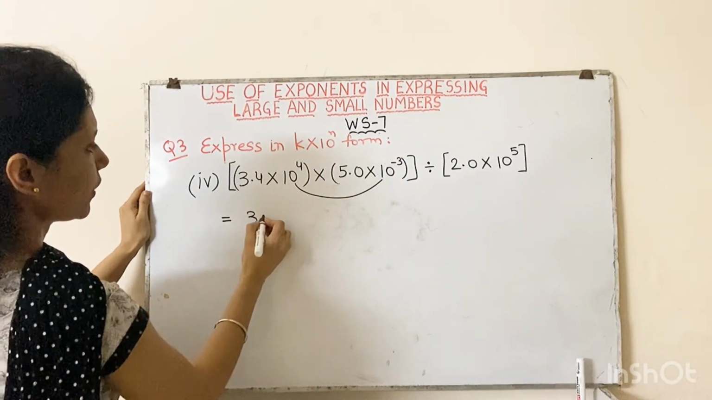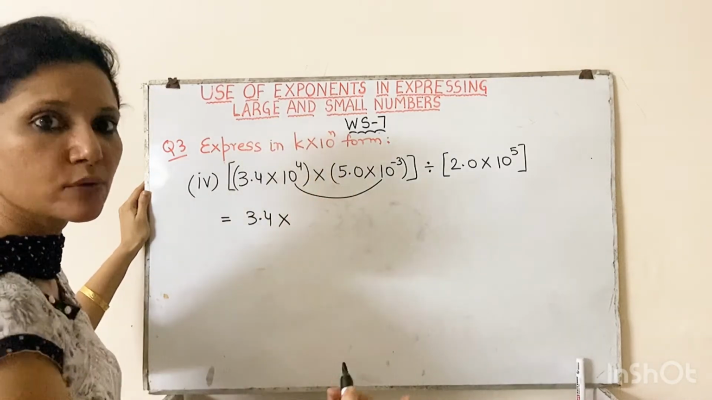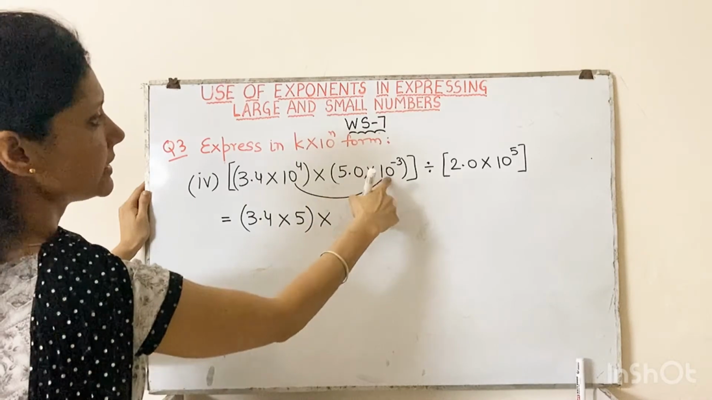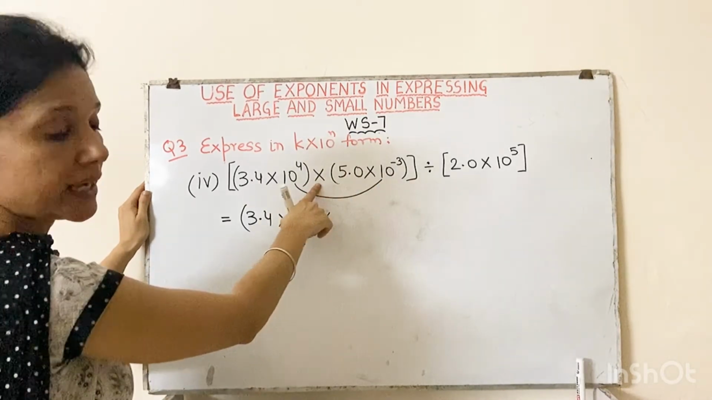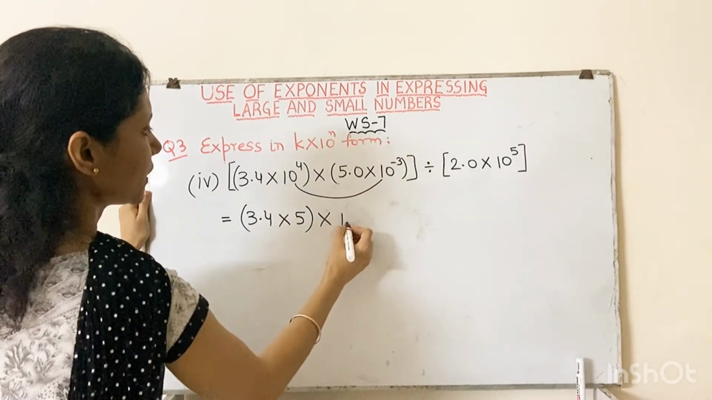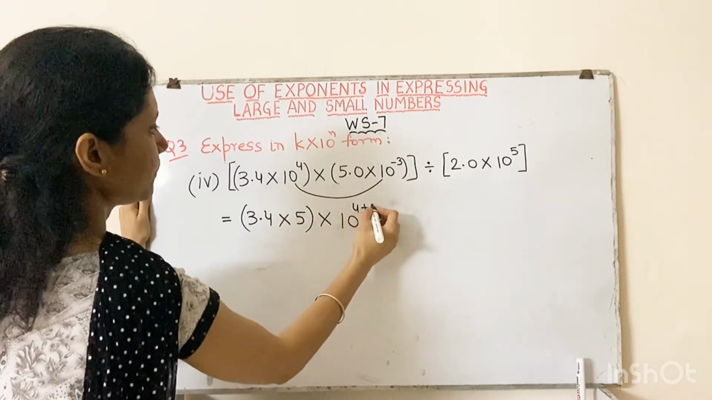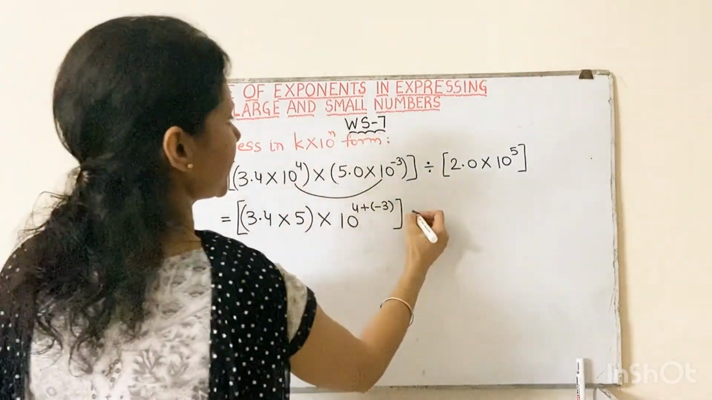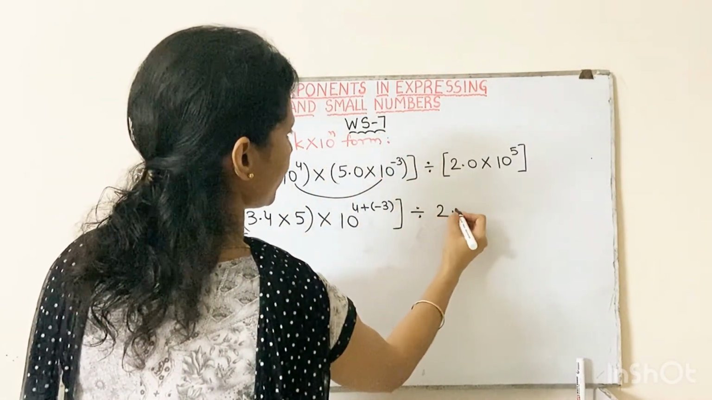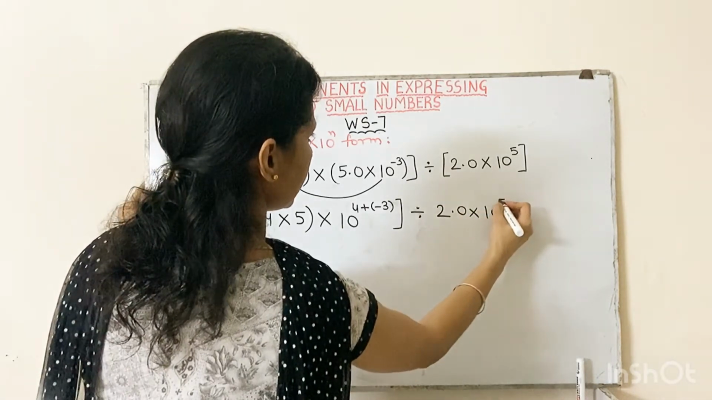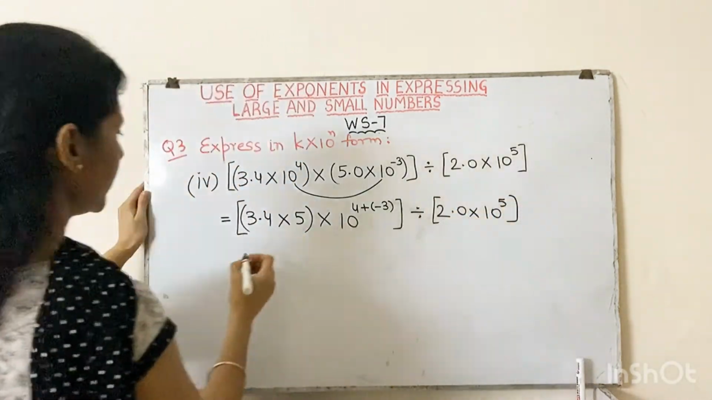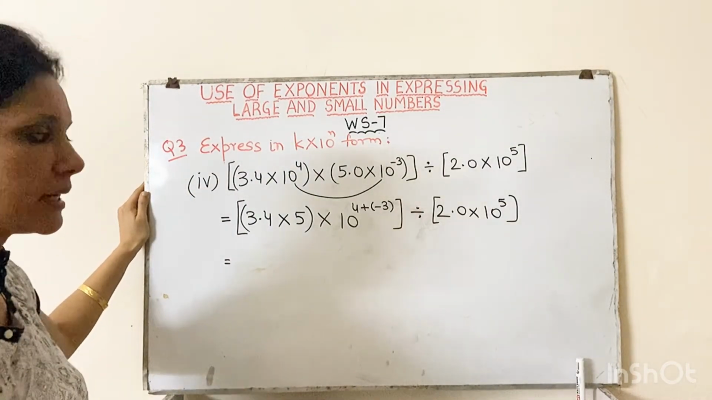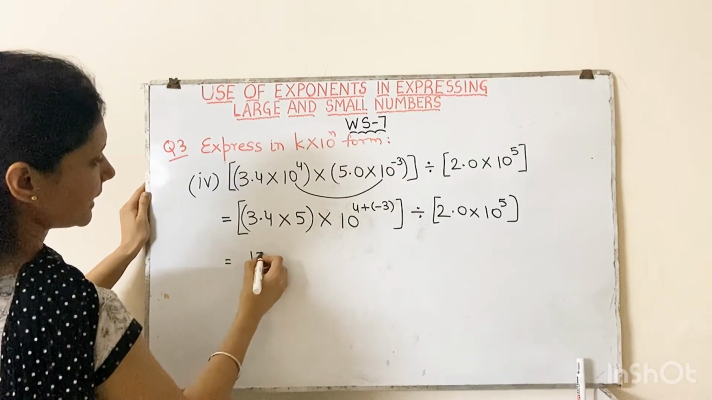This is 3.5 multiplied by 5.0, which is actually 5, multiplied by, now since the bases are same and they are getting multiplied, so powers would be added. So 10 raised to the power 4 plus minus 3. Let's put this inside the square bracket, and the remaining part as it is, 2.0 multiplied by 10 raised to the power 5. Now what is 3.5 multiplied by 5? You know how to multiply decimal numbers. This comes out to be 17.0